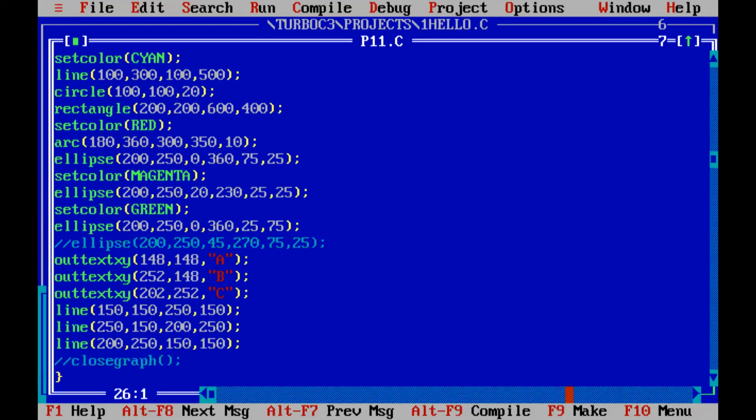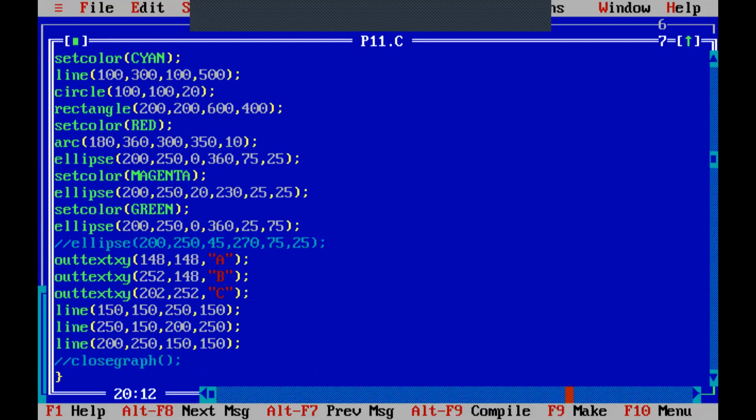What should be the coordinates of A? 150, 150 is the same point where A is, so we should have some value which is less than that, 145. Yes, you can have 145, right?